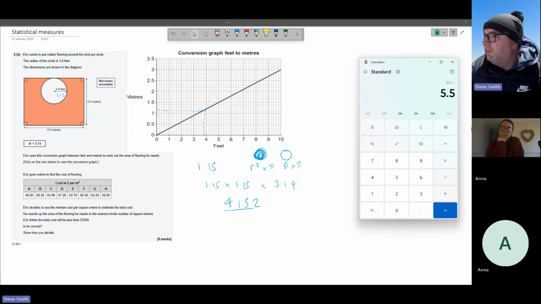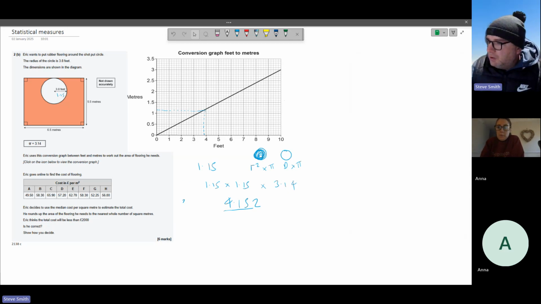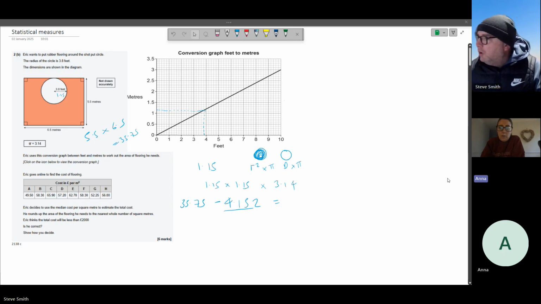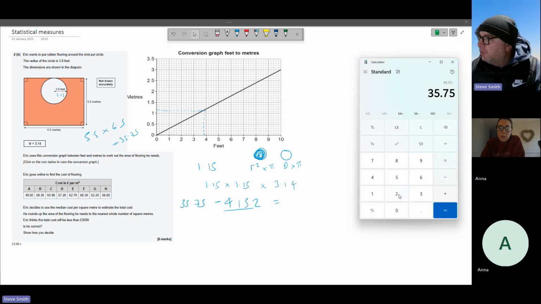So we're going to multiply 5.5 by 6.5 to give us everything in the middle that he's working. So 35.75. So that is that times that equals 35.75. So we've got that one. And then we're going to take away our circle. We're not going to put the 2 in, we're just going to put 4.15. So minus